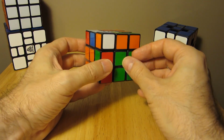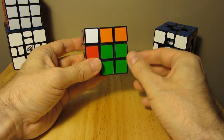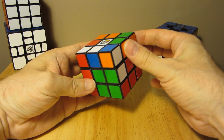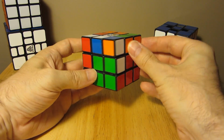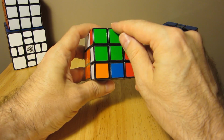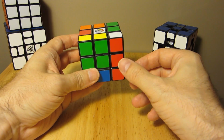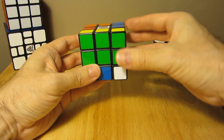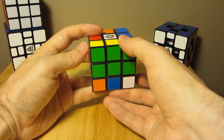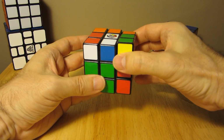So there is a solution to this, and what you do in that case, notice the stickers don't match. That's a way to tell. So you just turn it away. You put the corner and edge on the right face. You turn the front face upside down so that you're facing the sticker for the bottom front edge, and then you turn this right one quarter turn, and you insert the corner that way. And then I undo the F2,